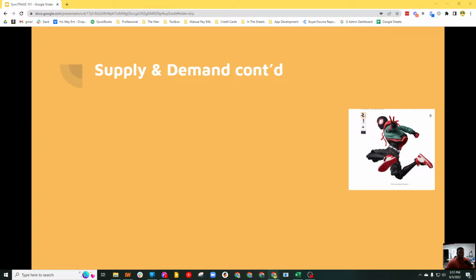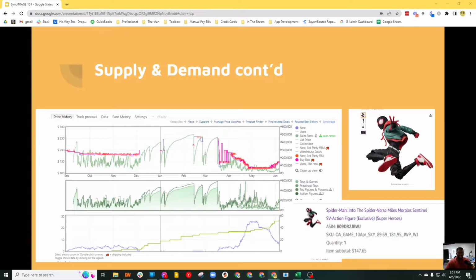So this is an item that I sourced back in April, and this is a Keepa chart, and this is the little snippet of the actual data from Amazon that happens every time you make a sale. So you can see I sourced this. You can tell on my SKU I sourced this April 10th. This is the day I actually purchased it, so about right here,